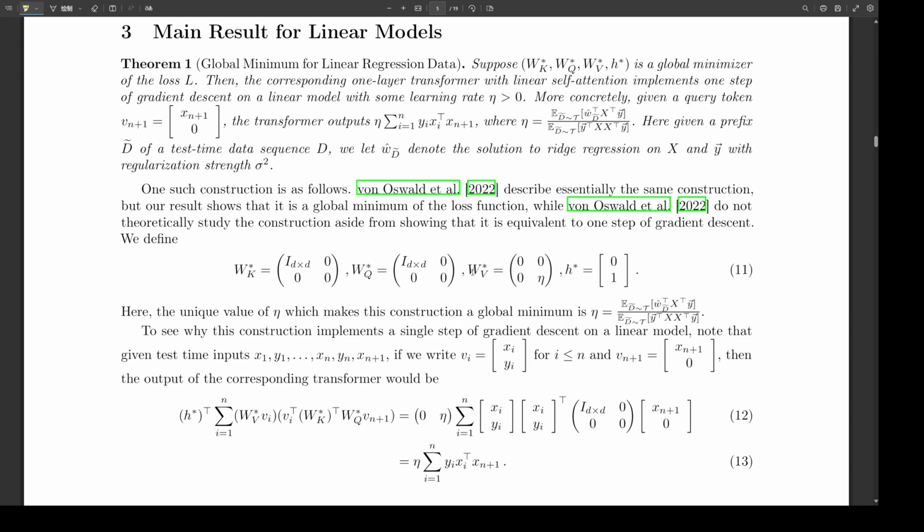Hold on. So even with all this complexity in the data, the transformer is still stuck in linear land. In a way, yes. The prediction equation stays the same. But of course, the value of the learning rate, eta, might change depending on the specific nonlinear function involved. So even though the transformer has the potential to learn something more complex, it's limited by its linear architecture.